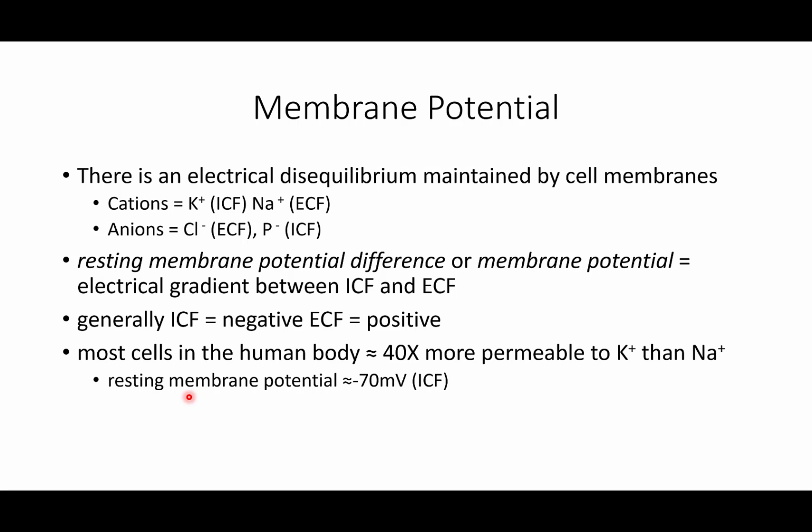So, we have a resting membrane potential that is largely negative. Most cells in the human body are going to be much more permeable to potassium leaving the cell than they are to sodium coming into the cell. It's about 40 times more permeable. And because of this disequilibrium, resting membrane potential in most cells is around negative 70 millivolts. That's what the ICF is, negative 70 millivolts. So it'll be really important when we talk about nervous signaling, which is what we're going to be moving into in the next